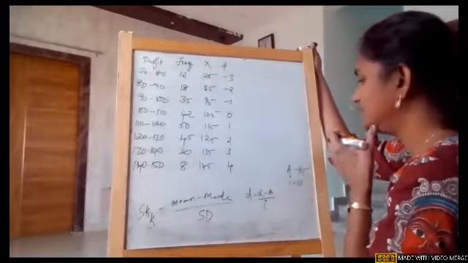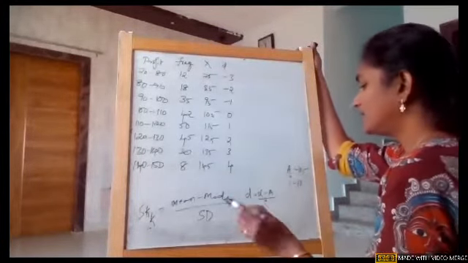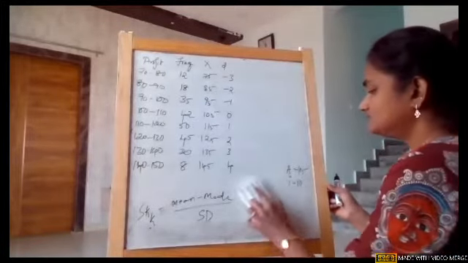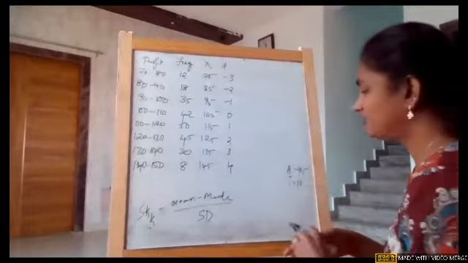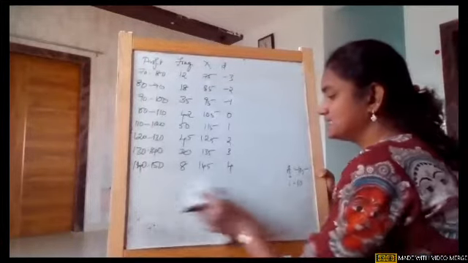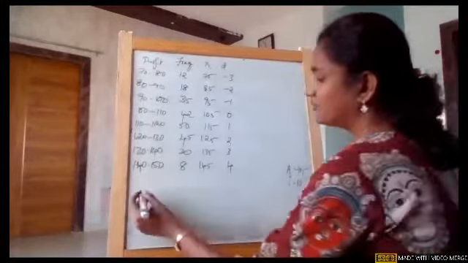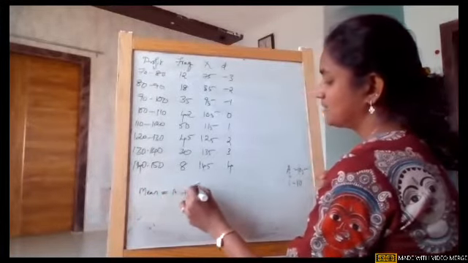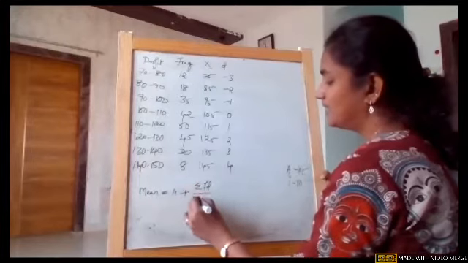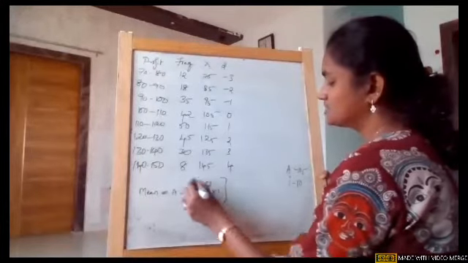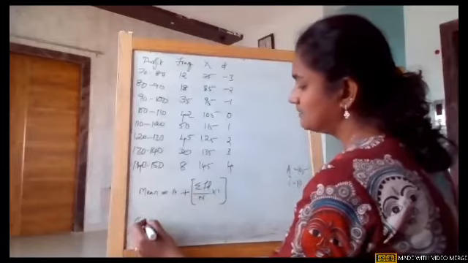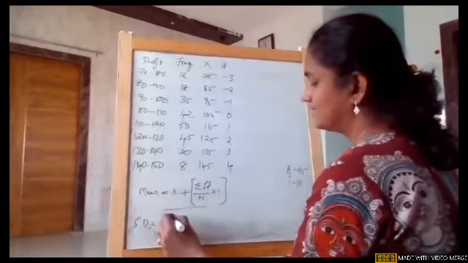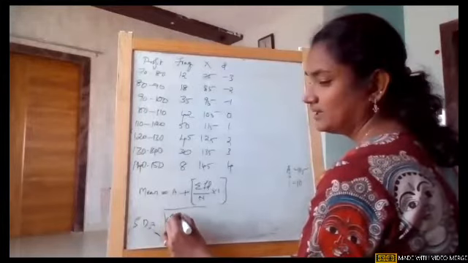Next, for your understanding, I am just mentioning the formulas as well, girls. So the formula for mean is A plus summation of FD by N into i. So this is one formula, and the standard deviation formula is under root of summation of FD square